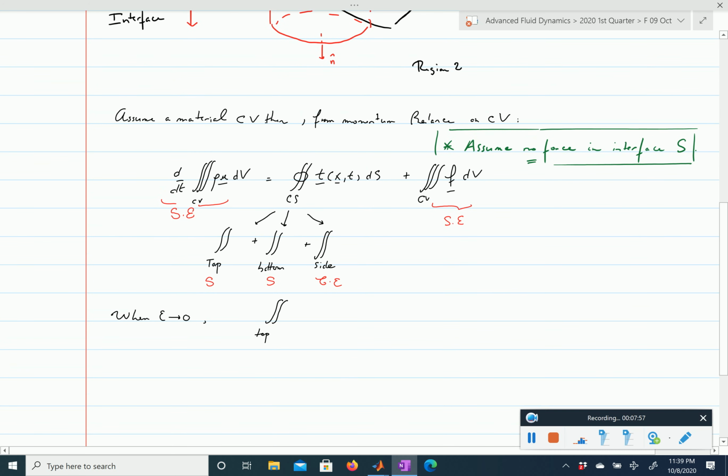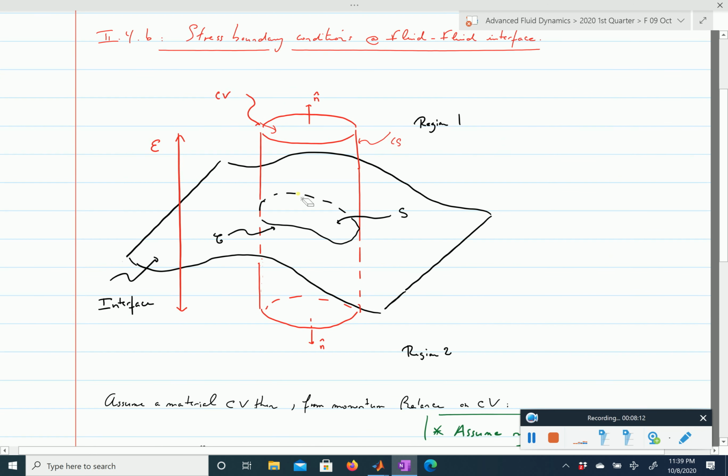So this is fluid 1. So my stress vector would be n dot our stress tensor in region 1. Here n is this vector at the interface of S, so that will be n here. I'm going to call n this vector now,